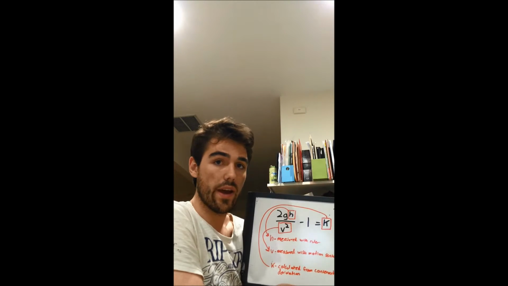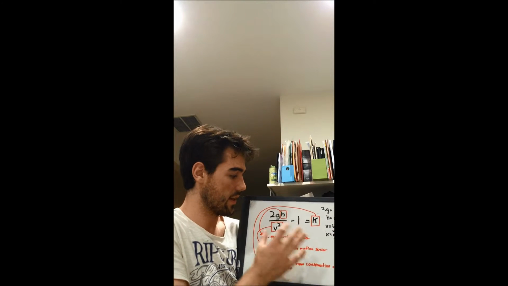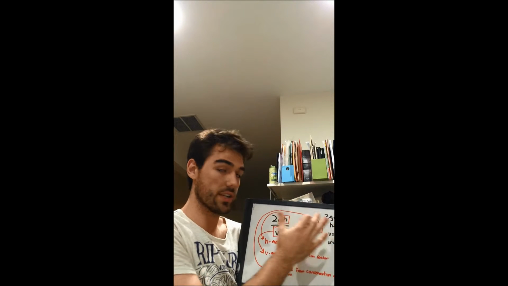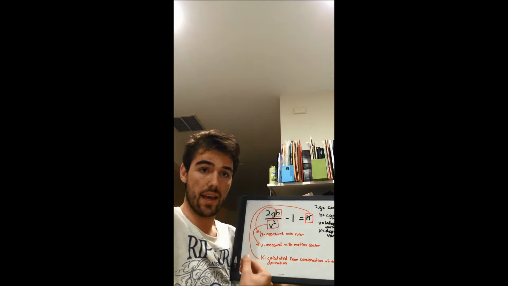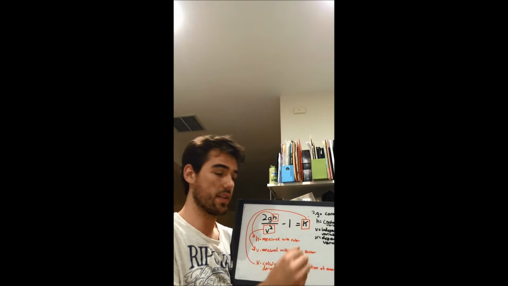We kept the height constant for all trials to minimize the number of trials and therefore the number of calculations. 2 and g, or the force of gravity, are actual constants in our equation. H is the controlled variable, at which we decide what point to release the object. V is the independent variable